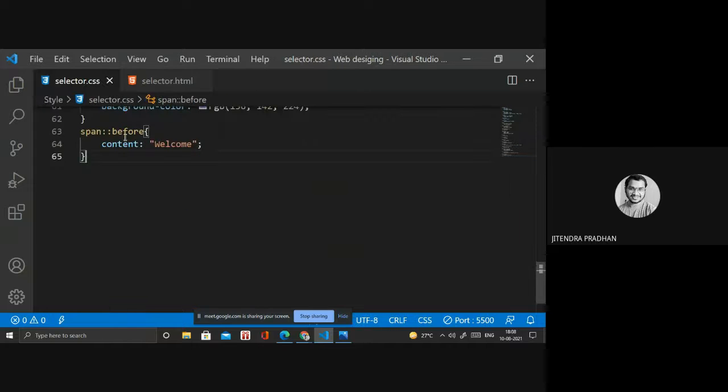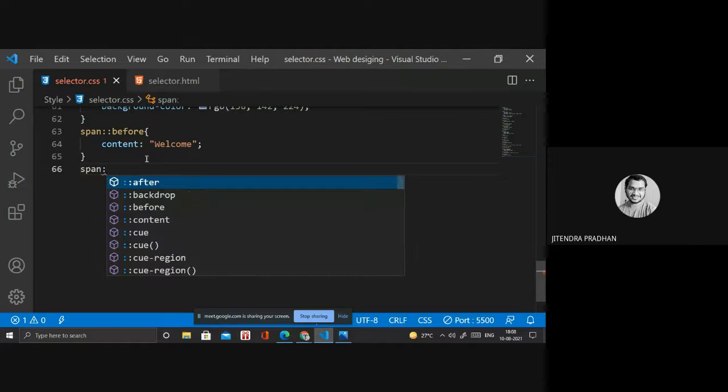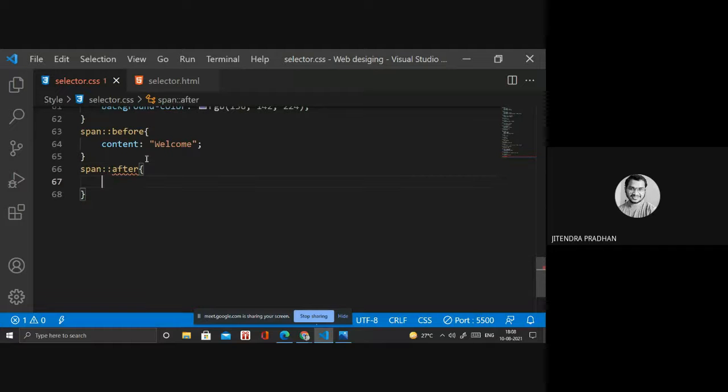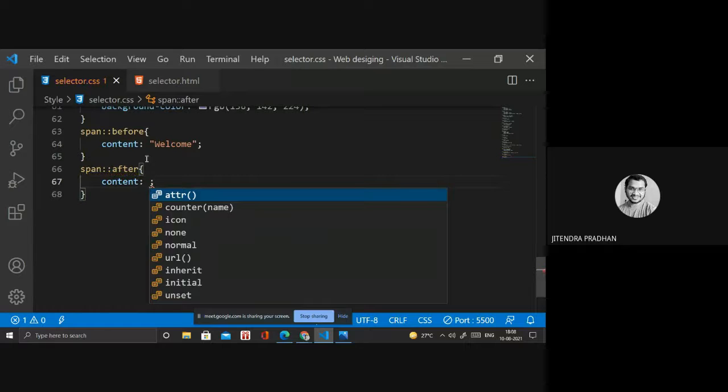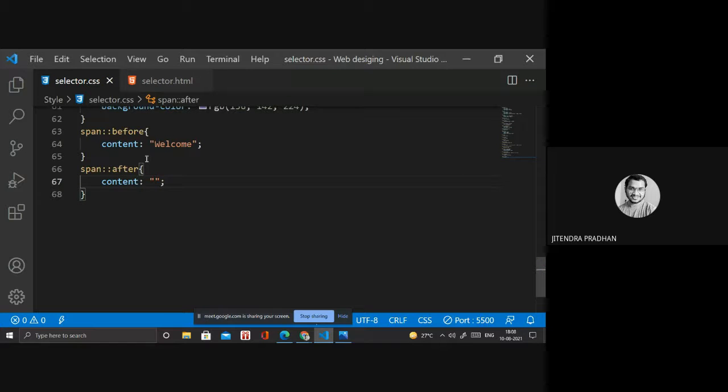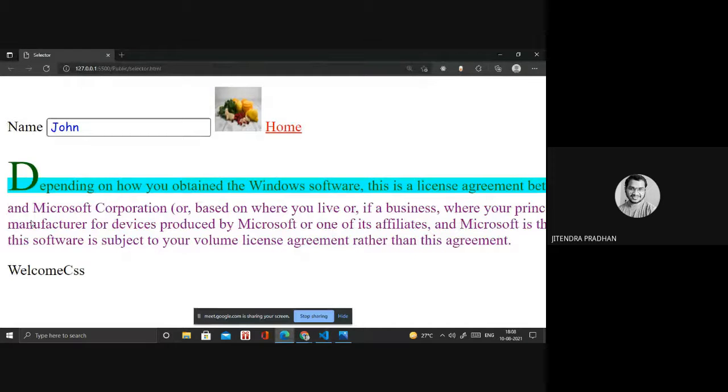Let's see how. If I write span after, and in that content, "welcome to CSS as well as HTML". Okay, it's coming now.